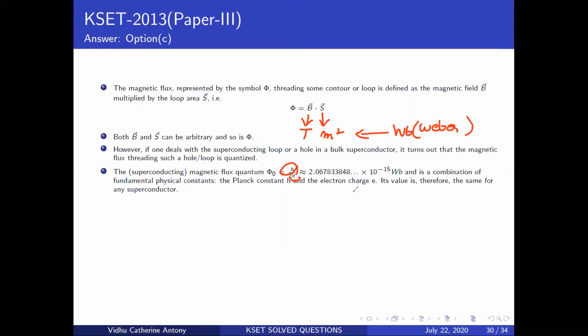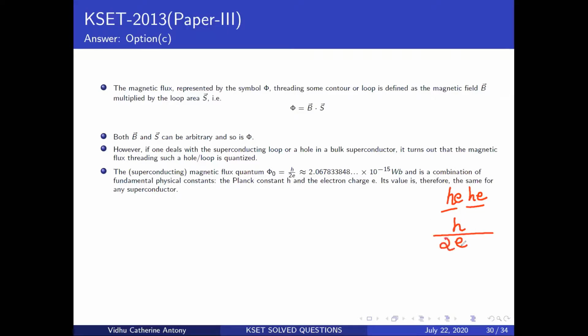So how do you remember this? This is probably going to be very crude, not a very nice way. Some of you might laugh at it, but anyway. When you're laughing, you basically say "he" twice, right? So remember, you're saying "he" twice. Let's take that twice and divide it by 2. So you've got an h, you've got an e, and then you've got a 2. That's how you remember the flux quantum.